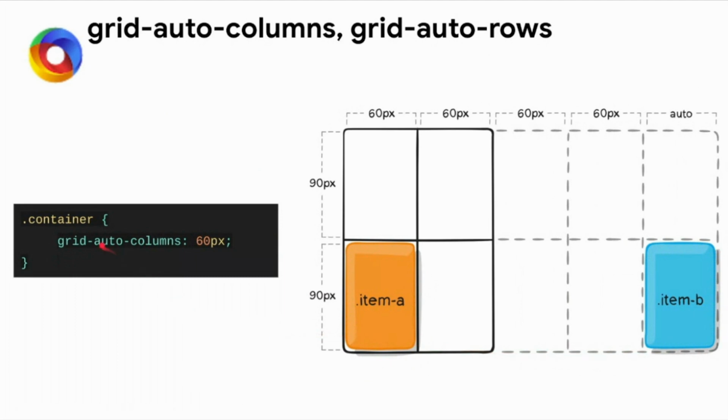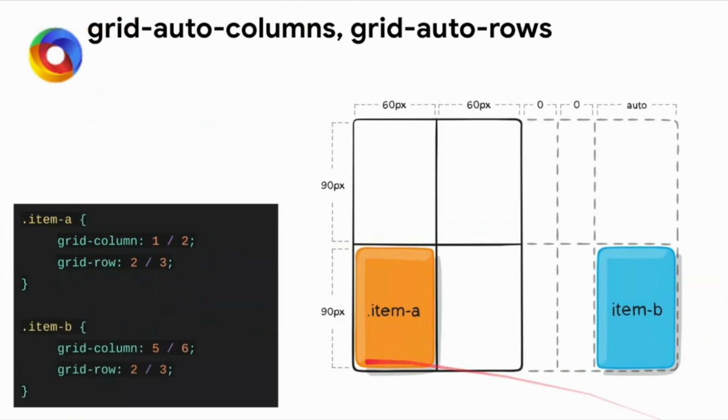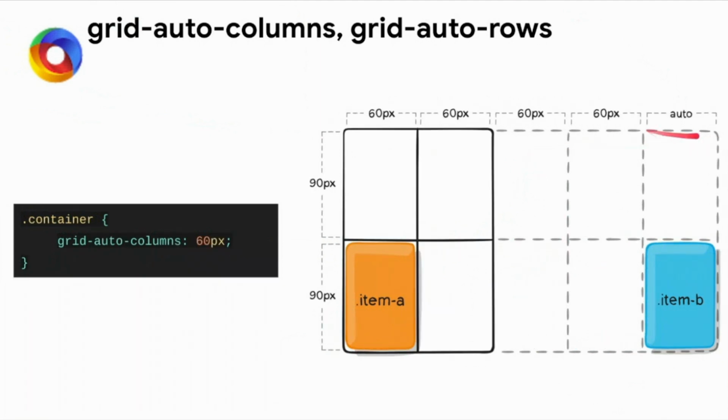If I put grid auto columns as 60 pixels, what exactly will it do? If I don't put 60 pixels, then it would be 0, so these two would not be displayed, and we could never know this is in the fifth place. It would be displayed just like a third place equivalent, with 0 pixels. So we can put 60 pixels. Originally it was 60 pixels, then another 60 pixels, so it gives 120 pixels of space, to show that some element can be placed here, and then you can add the fifth element which is outside that. So this is how grid auto columns works.